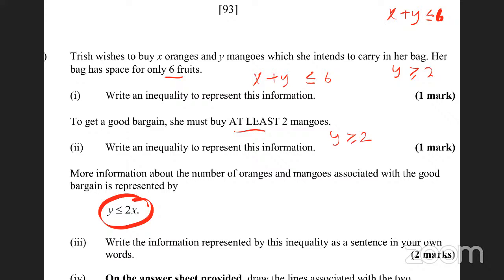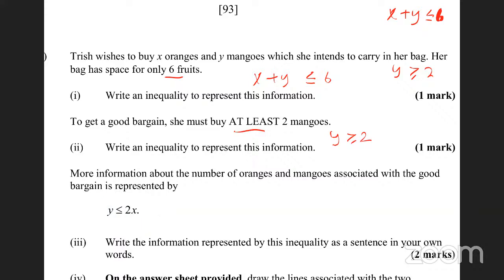The number of mangoes has to be at least 2. At least 2 oranges. The number of mangoes is what? No more than twice the number of oranges. Yeah. Right? That's not the same thing you say there. At least will be the other way around. Right? So all you have to do